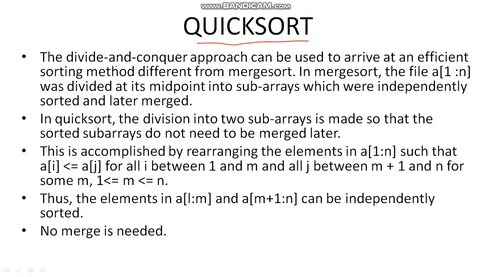Quick sort is another divide and conquer approach. In merge sort we have discussed that a given problem is divided into multiple sub problems, and later on we find the solutions. We sort each of the sub problems and then we merge them. Quick sort takes care in such a way that merging is not required. You only go on dividing it. Finally, after dividing all the things, the array that you get will be sorted.